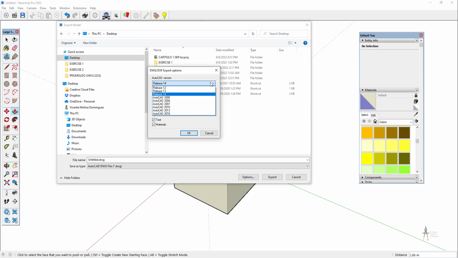Here you've got whatever you want to export. Try always to remember to export it to a previous version to the one you have of AutoCAD, and here you can decide what you want to export. You've got the edges, the faces, text, whatever it is you want to export. Decide. I'm going to leave it as it is, but it depends on what you prefer. So you click on OK,